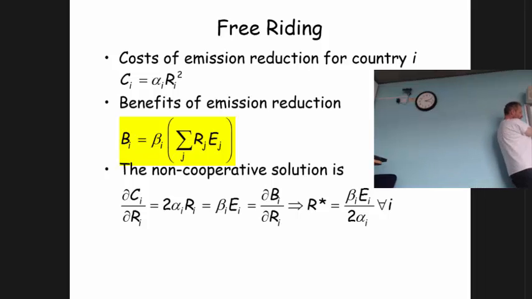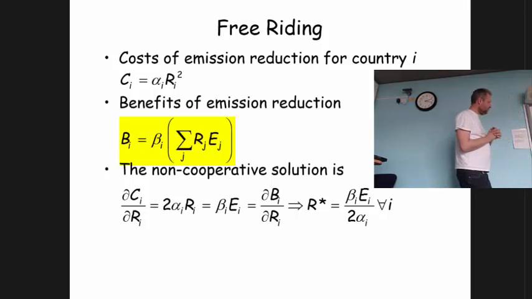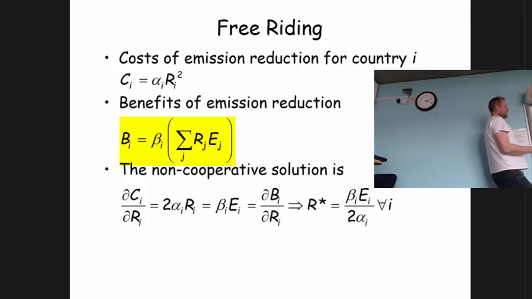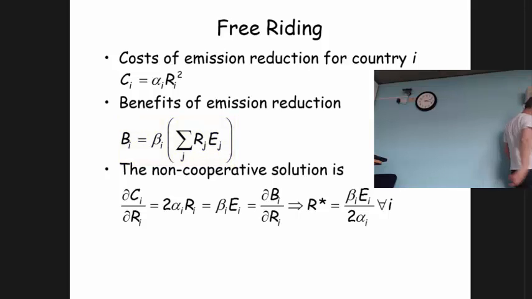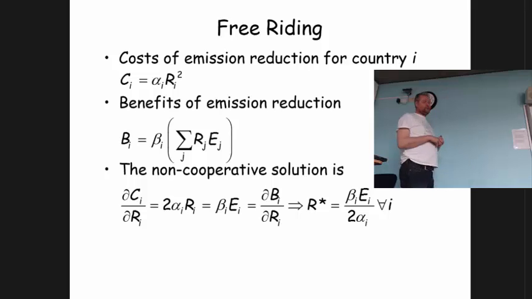So the benefits, B, of emission reduction are specific to country i, and there's a country-specific constant there, beta_i. But what matters is the relative emission reduction times the size of emissions. What matters is the sum total of all emission reductions across the world. So this is a classic public good problem. If you want to solve this